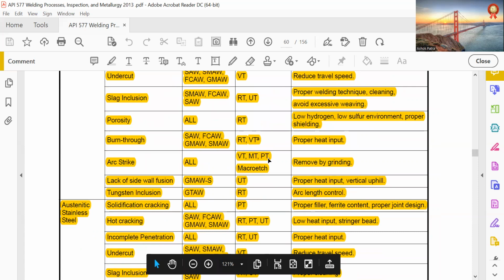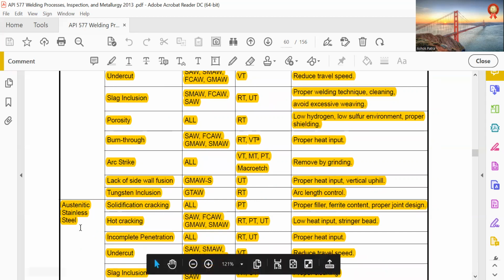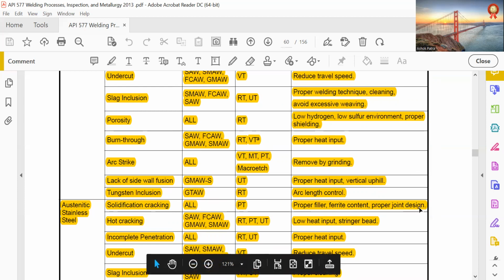Arc strike: all VT, MT, PT, micro etch, removed by grinding. Lack of sidewall fusion: GMAW, UT, proper heat input, vertical upward. Tungsten inclusion: GTAW, RT, arc length control. Austenitic stainless steel, cracking: all PT, proper filler, ferrite content, proper joint design. Hot cracking: SMAW, SAW, FCAW,